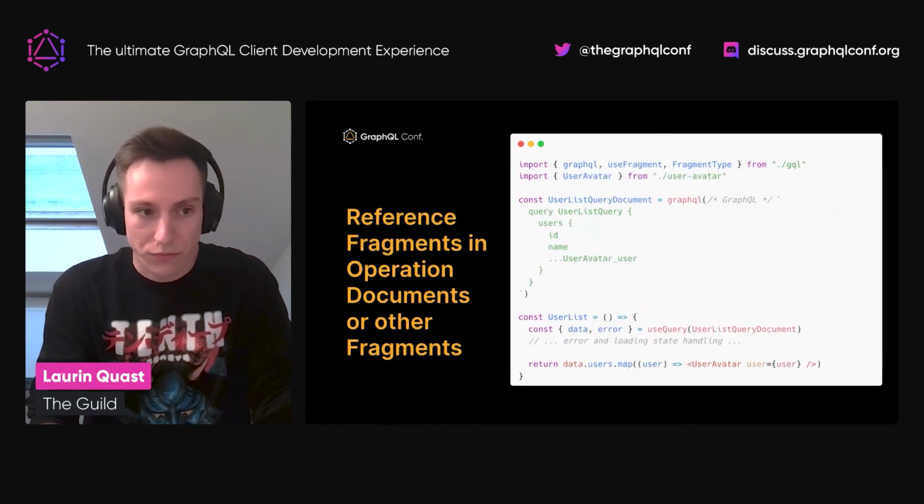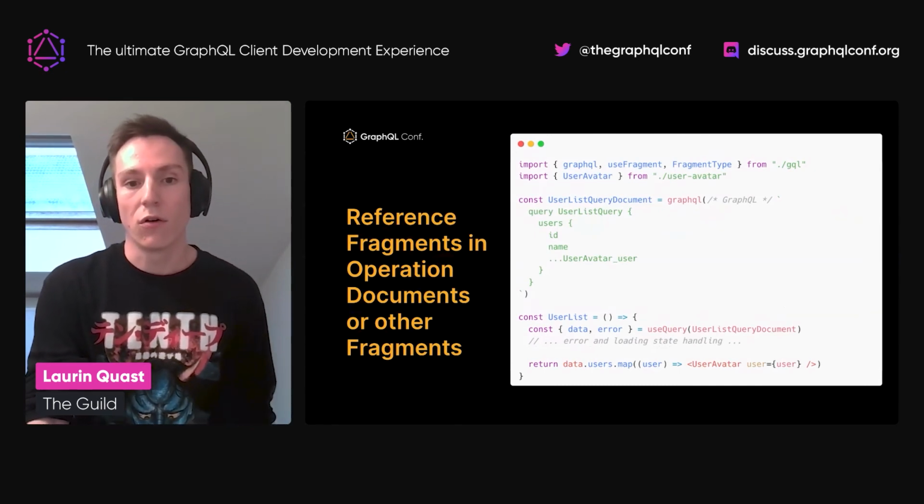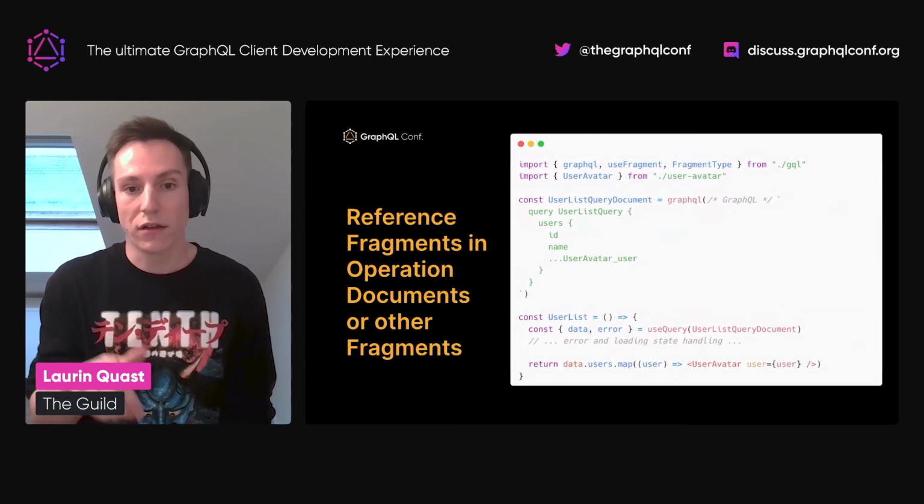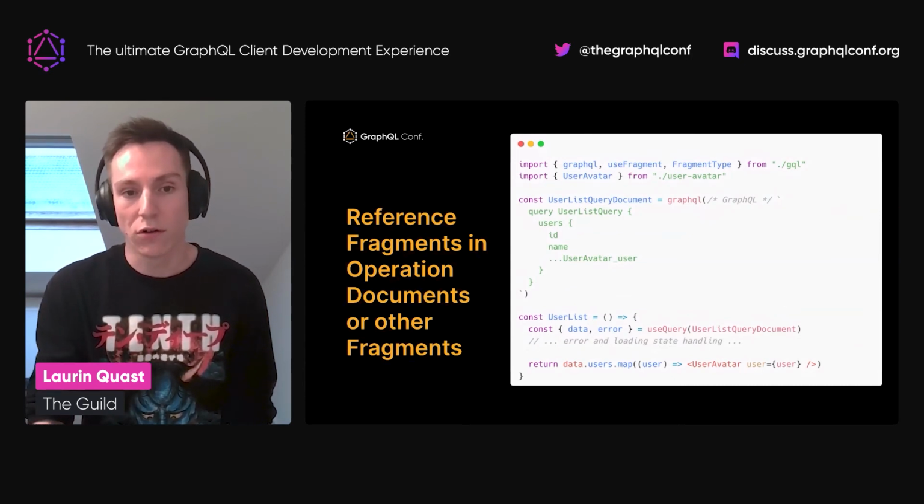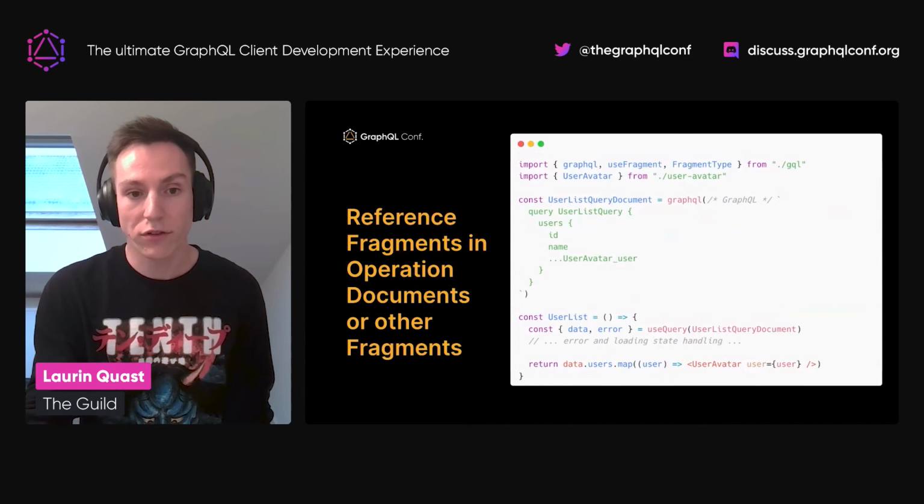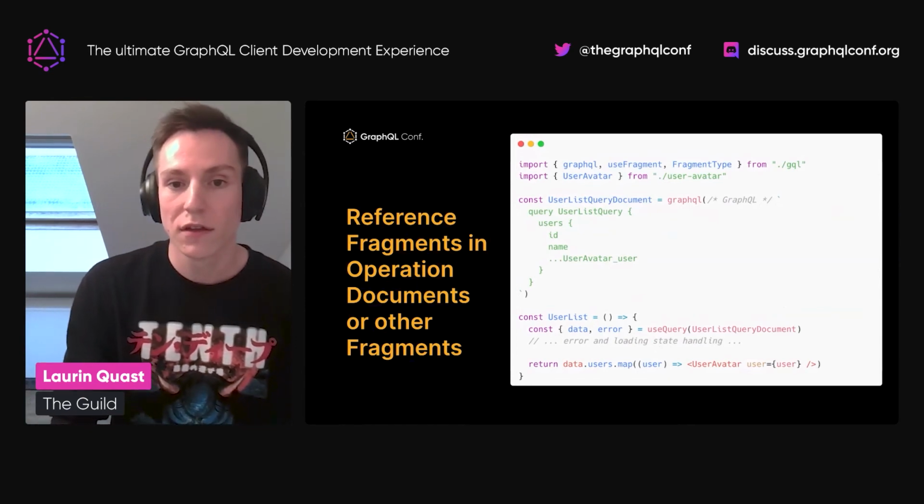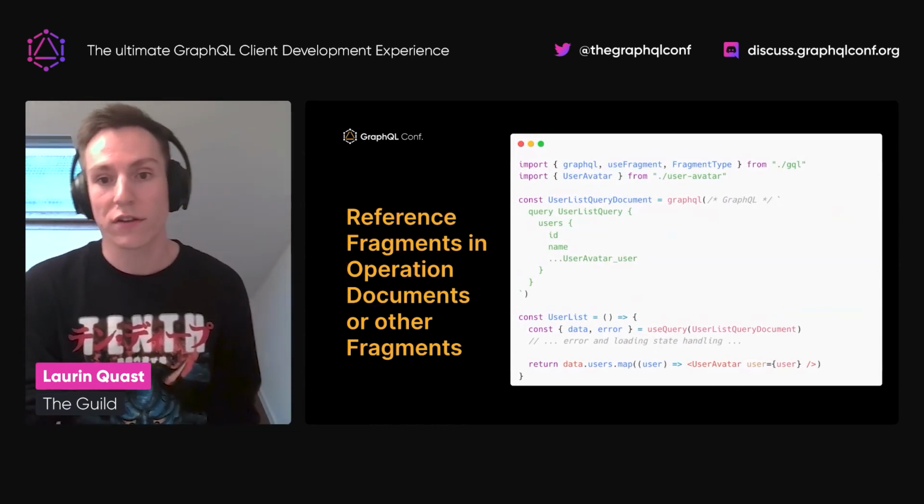So what we can then do is, on the next higher level, reference the fragment and also import our component here because we want to use it. We can define our query document, declare our selection set, and then, if we want to use the user avatar component here, we will just spread the fragment that we defined within our user avatar TS